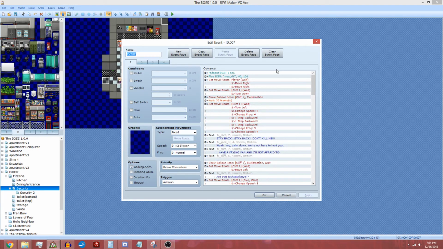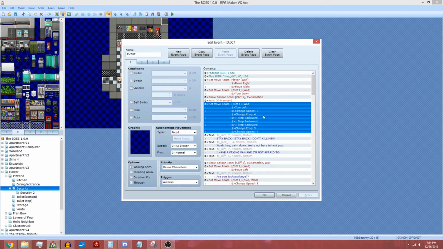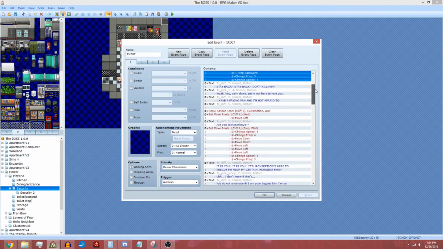So here is the Cliff 1 sound effect, and it means that he turns down, looks, and then we put the balloon icon. That basically means it put it over the event of Cliff. It gave it the exclamation mark balloon. Wait 30 frames means a brief pause, then move, turn left, and then go backward. So he turns left and he runs backward up to the wall, yells,